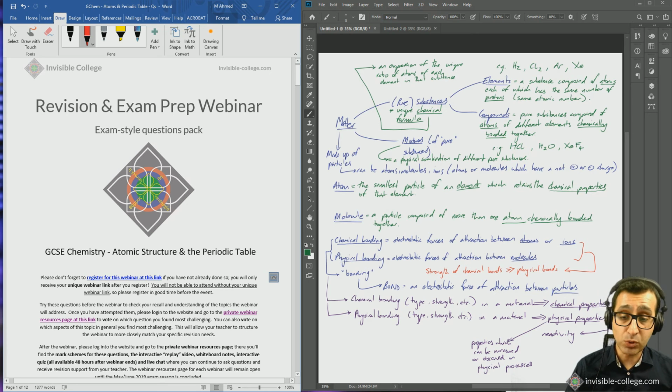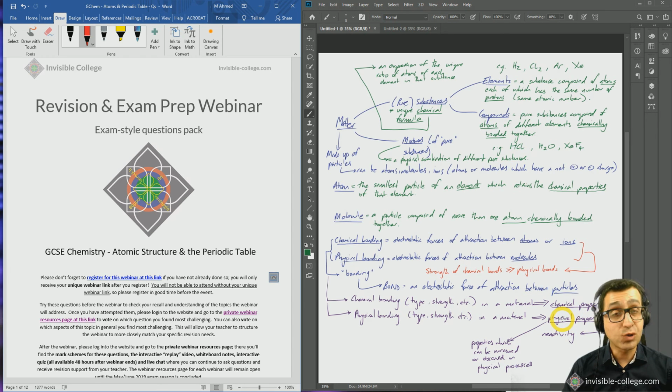Good. So yes, we've talked an awful lot about chemical properties. We also need to talk a little bit about the physical properties. Now again, remember, physical properties are called physical properties. They're characteristics of the material, properties which relate to physical processes, which can be measured or observed in physical